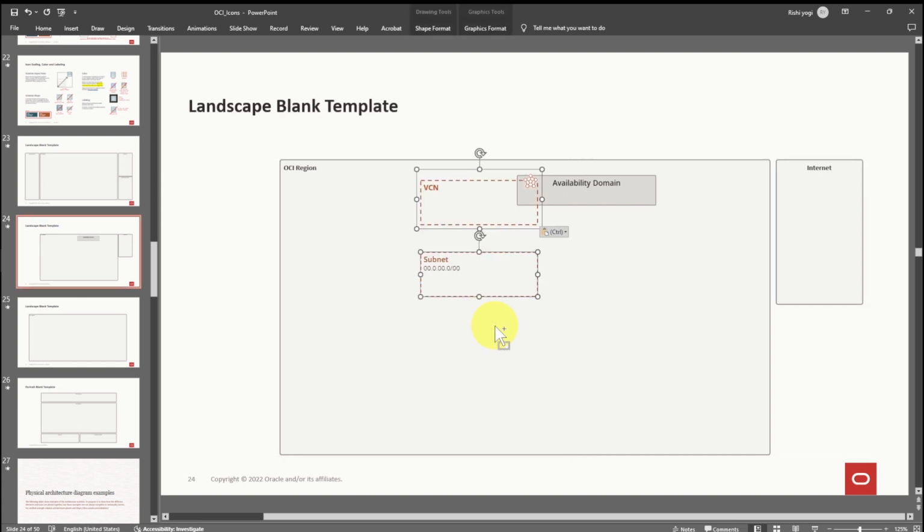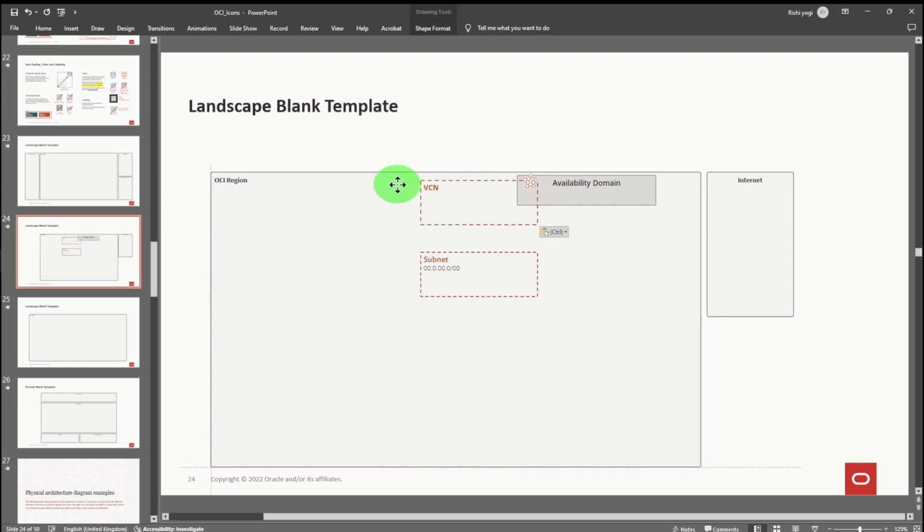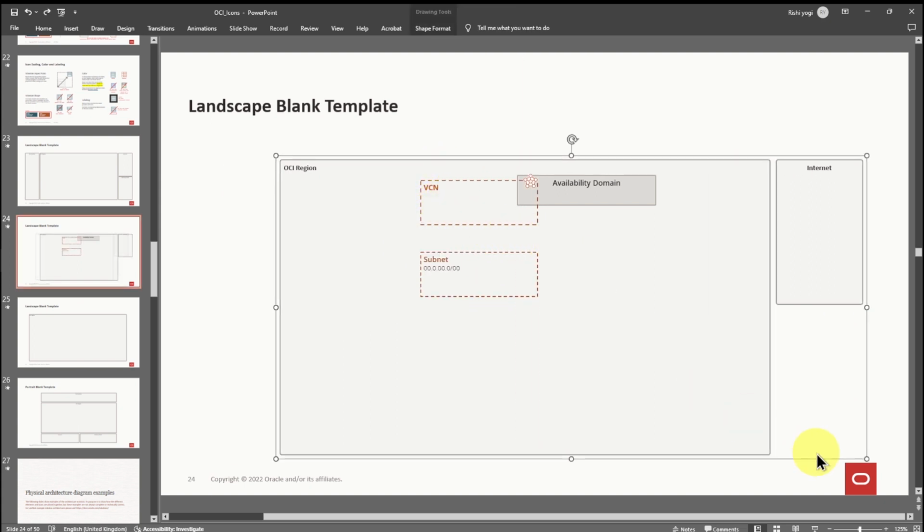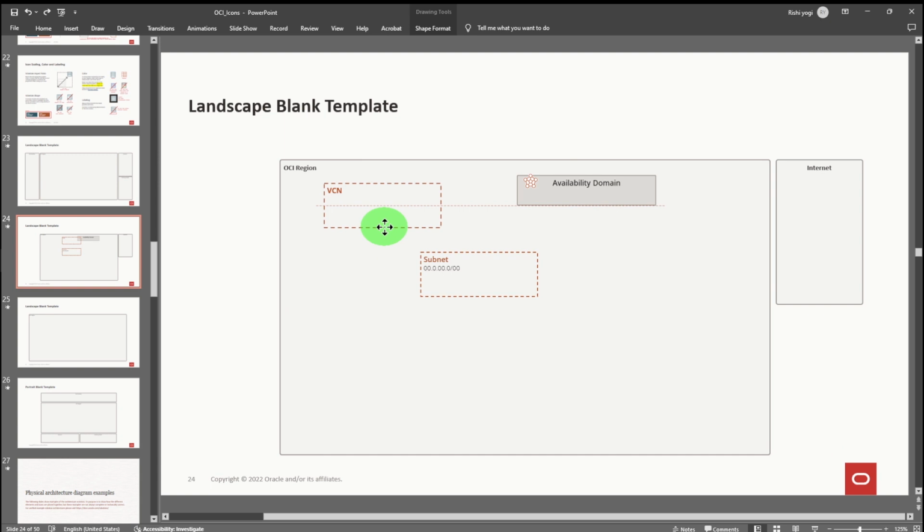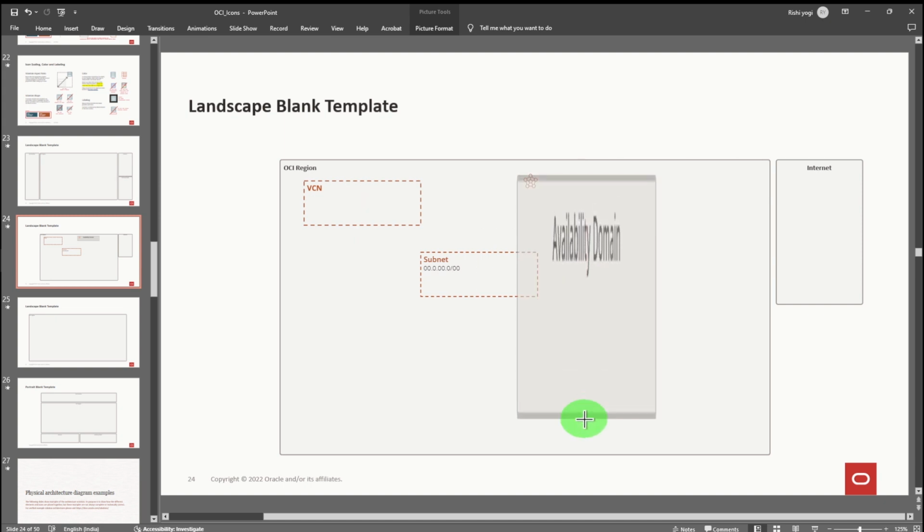So come back, I paste here. So this is the VC. Close it. So this is the VCN. Okay, I'll put this availability domain. We go. So that's what they said. Don't click and drag like this. Rather, what you do? Put the